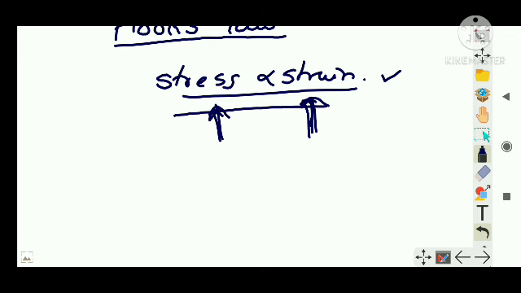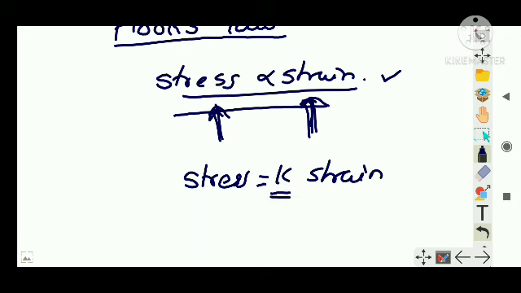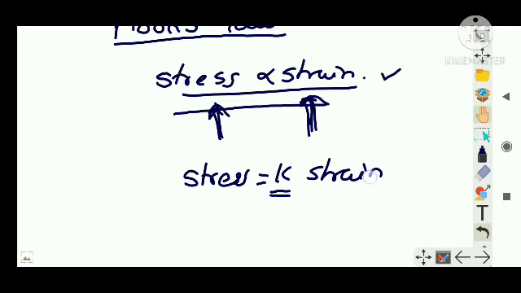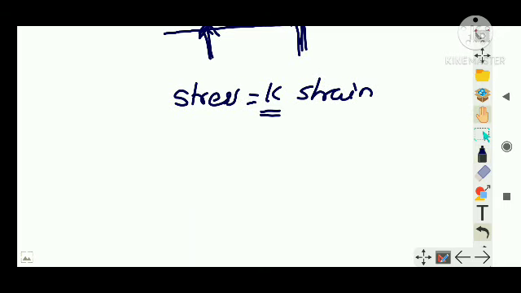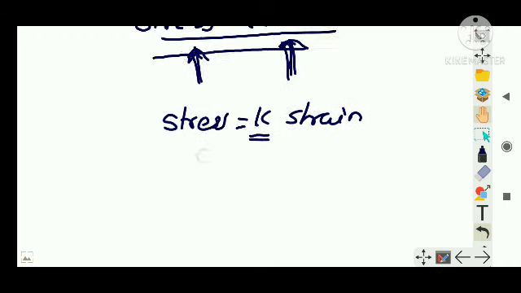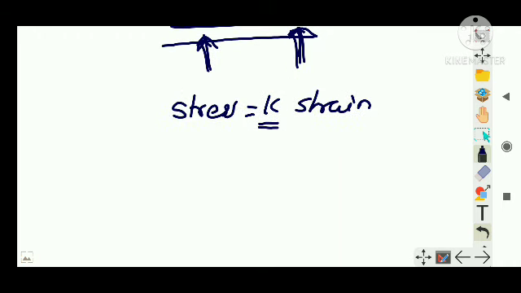So in order to remove that proportional sign, you can write it as stress equal to K into strain, right? K is called modulus of elasticity, or you can say elastic moduli, right? And there are different types of elastic moduli which I will teach you later on, right? So if someone asks you the definition of elastic moduli or modulus of elasticity, K is equal to stress by strain,